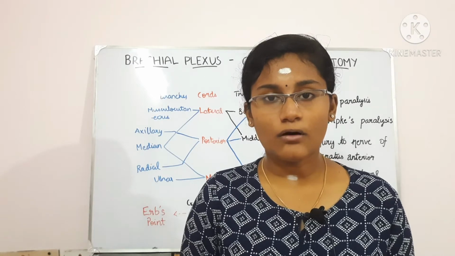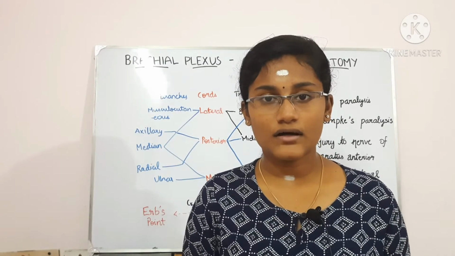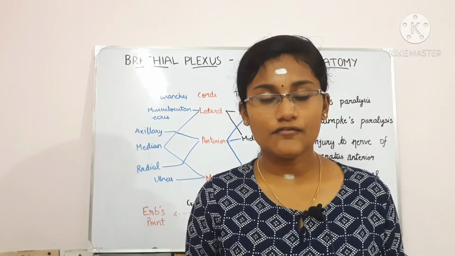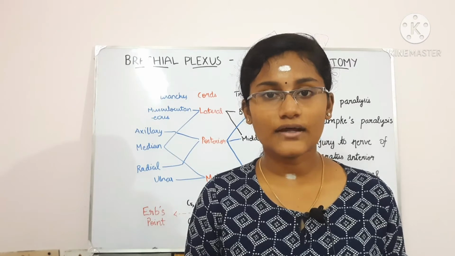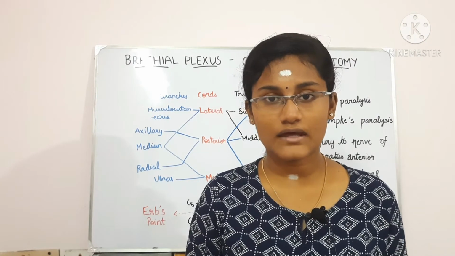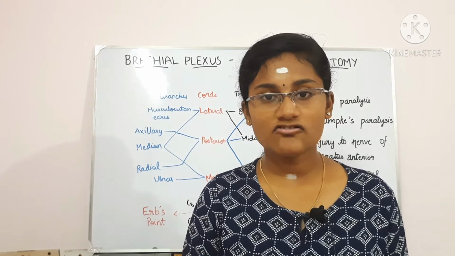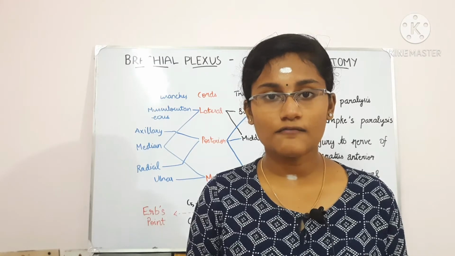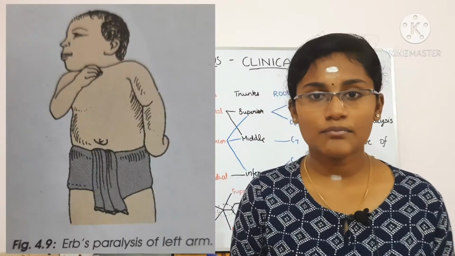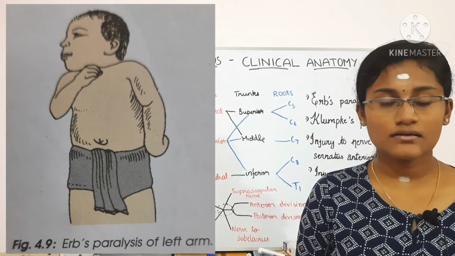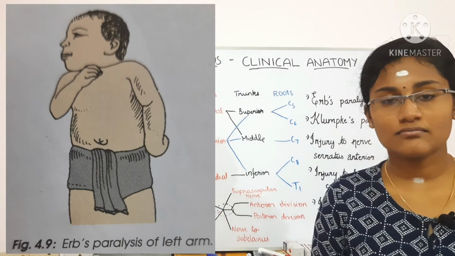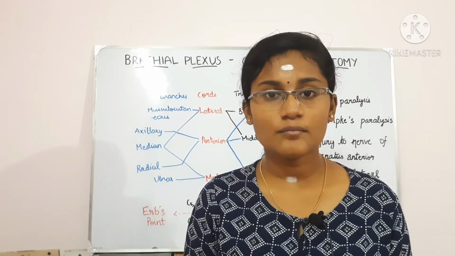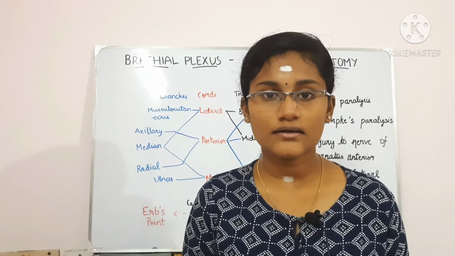Okay, so what is the deformity caused here because of the Erb's paralysis? Actually the Erb's paralysis leads to deformity of the arm. The deformity is the medial rotation of the arm and adduction of the arm, and the pronation and extension of the forearm. Okay, so these are the deformities of the Erb's paralysis. So this is an example of a person with Erb's paralysis. So this deformity is called porter's tip hand or policeman's tip hand.